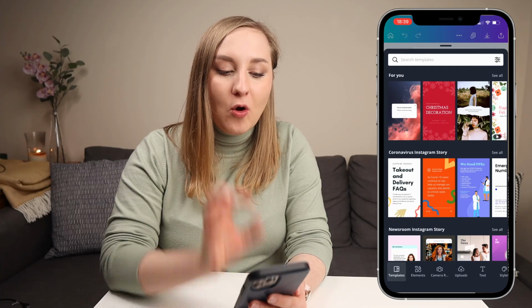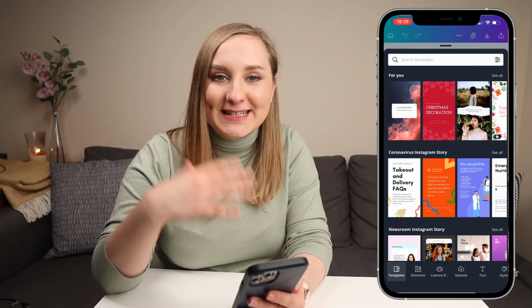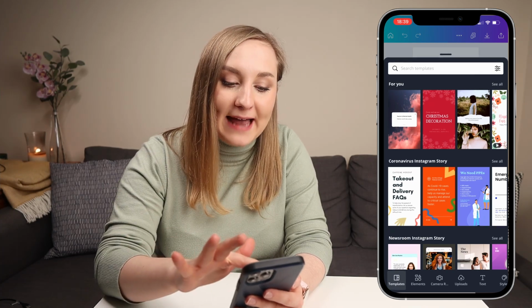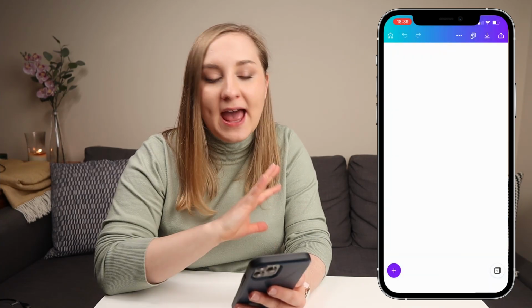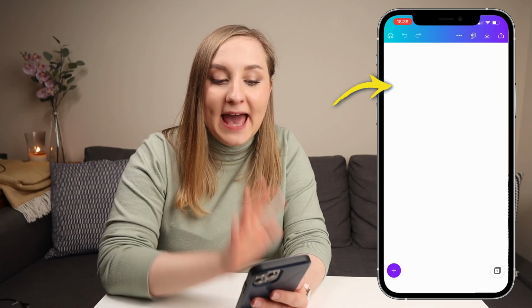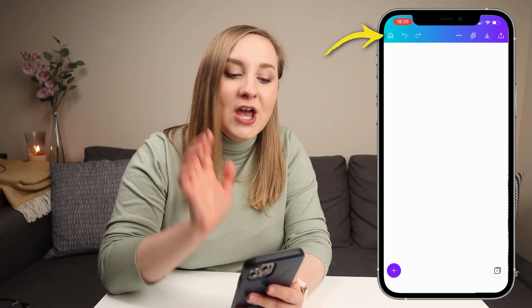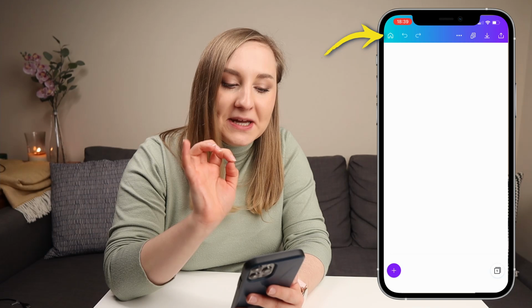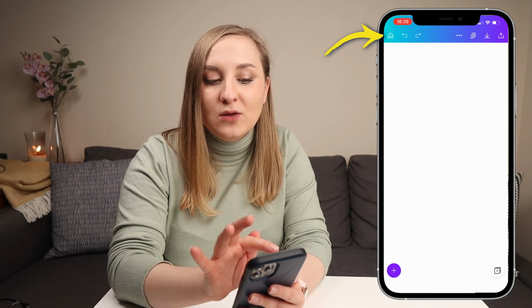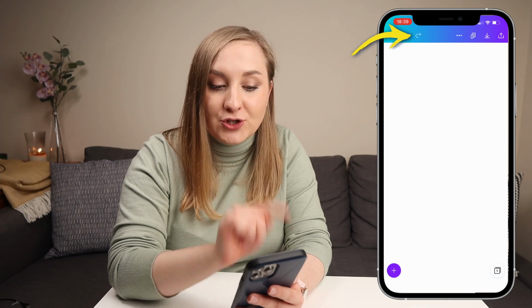And now Canva opened a new design for me, and straight away it's trying to present me with some templates because I'm creating from a blank. So I can just scroll down and that will open my blank page. And the first thing I want to discuss in the editor is the top panel. If you want to quickly go back to your home page, you need to click on that home button in here. Any changes that you want to undo or redo, you'll use those little arrows at the top as well.